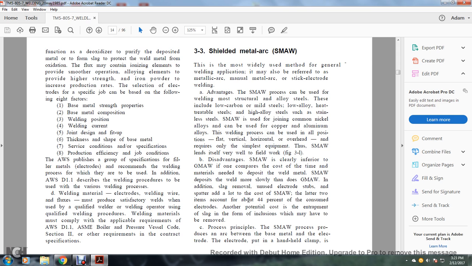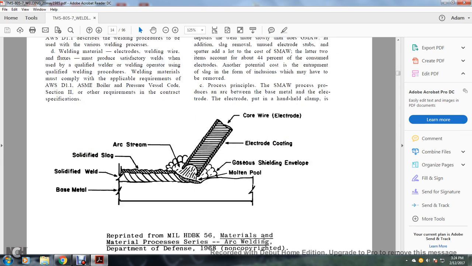Later, two of the items account for about 44% of the consumed electrodes, and other potential costs is the entrapment of the slag and other forms of inclusion which may have to be removed. See processes and principles. The shielded metal arc welding process is an arc between the base metal and the electrode. The electrode put into the handheld clamp is